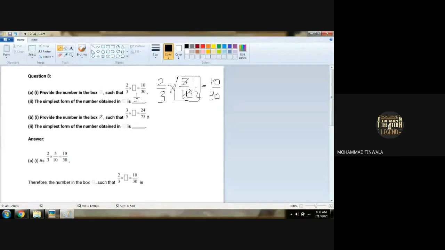Provide the number in the box such that 3/5 has to reach up to, by multiplying them, 24/75. What will be the answer? 3, how many is 24, and 5, how many is 75? If you can't find, 3 8s are 24. Very good. 3 8s are 24. Okay. Upon,